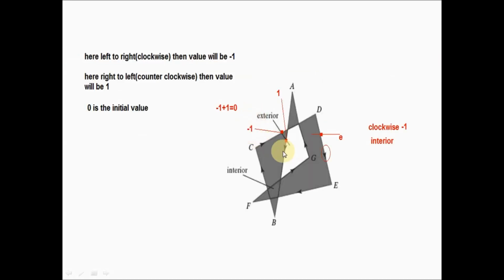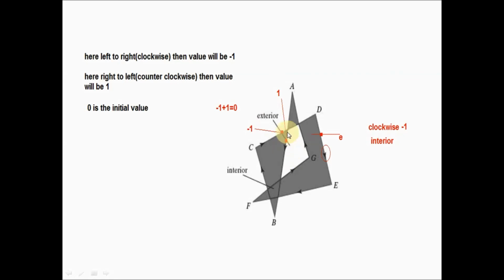Getting it, guys? I will brief this. Don't get confused. See here, this is the white region, I am considering the white colored region. This region is exterior. How do you find that out? I will draw the line. Now you can see that when I draw the line, it is intersecting how many edges? 2 edges. Now I have to find out the direction of those edges.